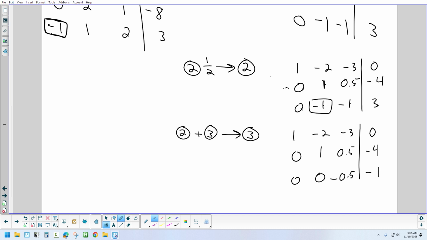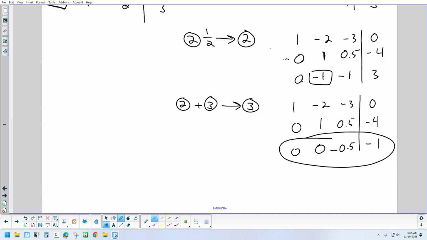And what's -4 plus 3? -1. Okay. So now let's translate this last row. We're done with the matrix now. I know we don't have a 1 in the lower right yet, but it's okay. You'll see what happens. I want to translate that row back to an equation. Can somebody tell me what this equation means if you put all the letters back in it? 0x plus 0y minus 0.5z equals -1. We have eliminated the x and the y,